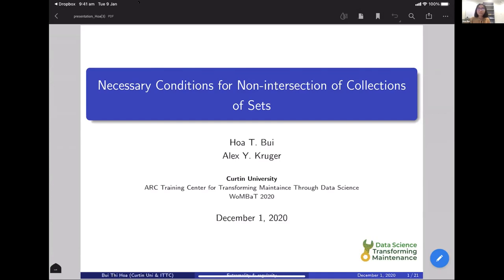Okay, so let's start with the convex separation theorem. Given two convex sets and x bar a point in the intersection, under some assumption, then we will have a